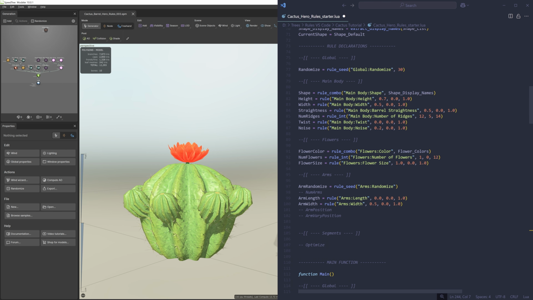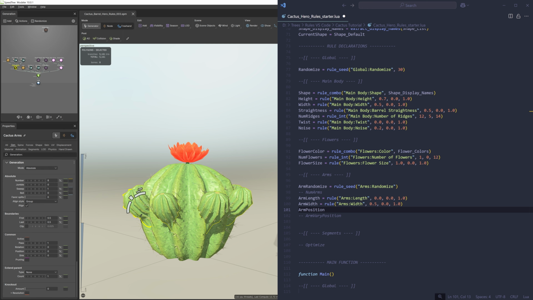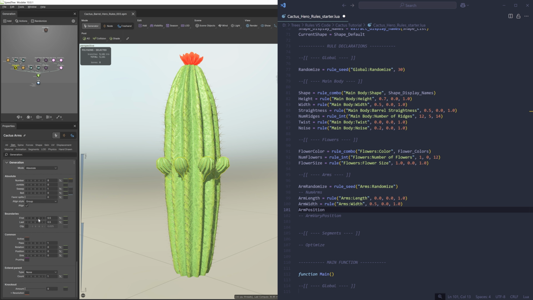Next, for the rules to set the arm position and to vary the arm positions, I have choices for which properties I want to use to control the placement. So I can use the first and last boundaries, or I could use the position property. I think I'm going to use the first and last boundary to set the arm position rule. I'll just set them to the same value and make sure that they move up and down together. Then for my rule to vary the arm position, I'll end up using set property variance on the position property.